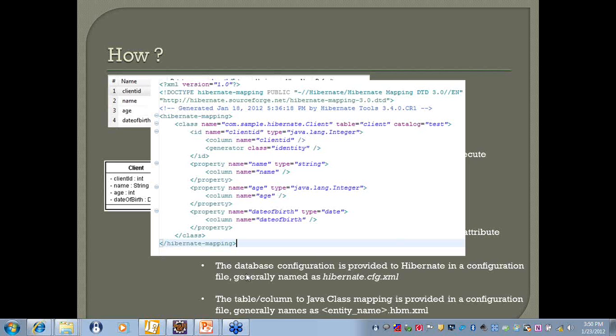Yes, how can we define if the primary key is a composite key is a question which has been asked. If you go through the entire XSD of the mapping file, within the ID tags you'll see we have only one column defined. You can actually have multiple columns which you can define.